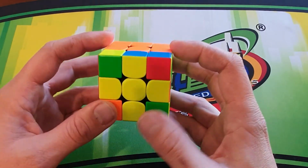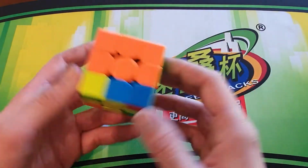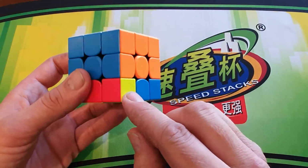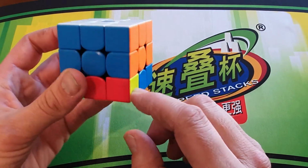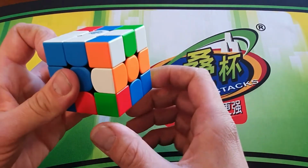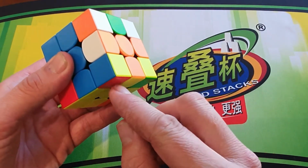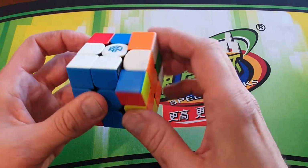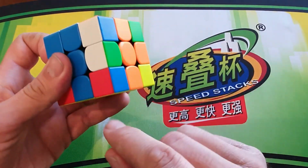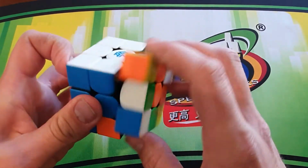Now in a case like this where we have no corners solved, you just do the same thing again, but you just repeat the process. So holding an unsolved corner here in the right hand side on the bottom, do the sexy move until it is solved, rotating the bottom layer only until we have another unsolved corner in this spot, sexy again until it's solved, rotating the bottom layer again,